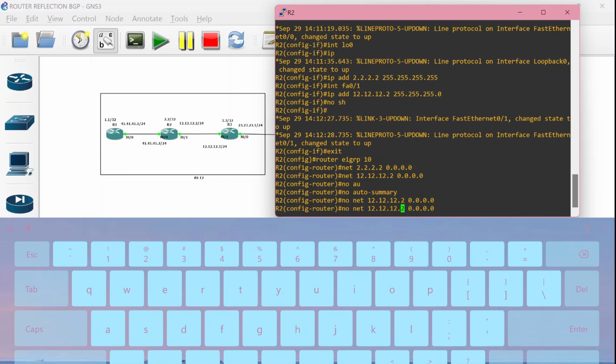Okay guys, we can wait until it is done. And also don't forget to enter the IP for the port connected to router number 1, and don't forget to enter the IP loopback.